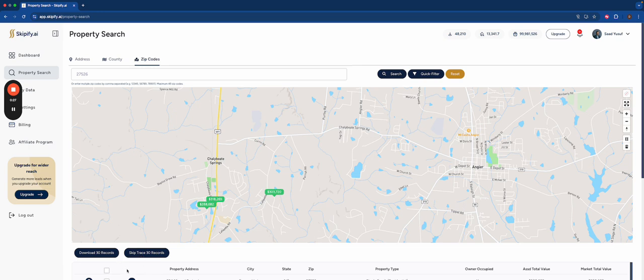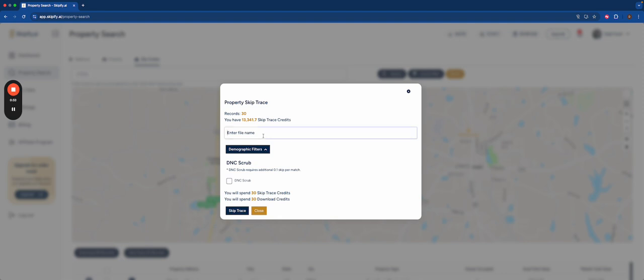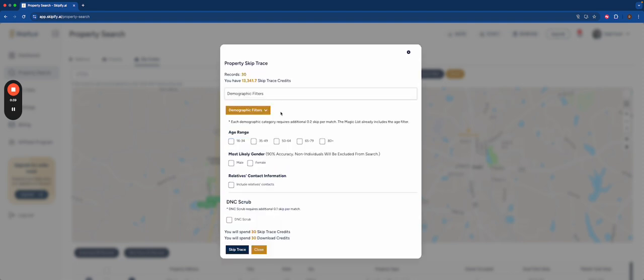Instead of just going down and selecting each one, I'm going to select this skip trace 30 records. I'll name my file demographic filters. And then here you'll just click that drop down menu and you could see information regarding all of our demographic filters. Each demographic category requires an additional 0.2